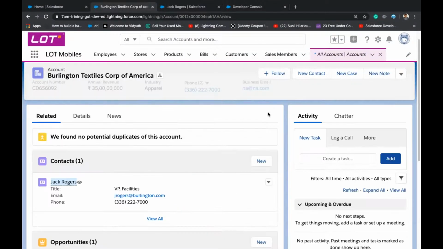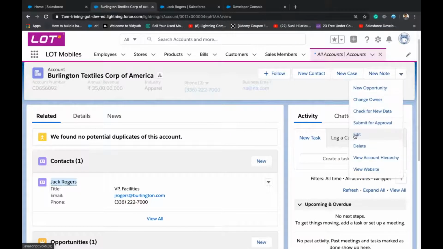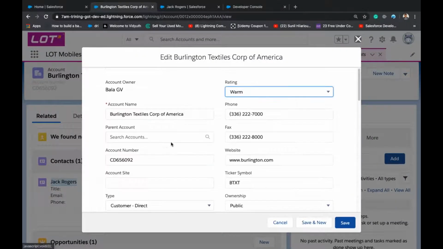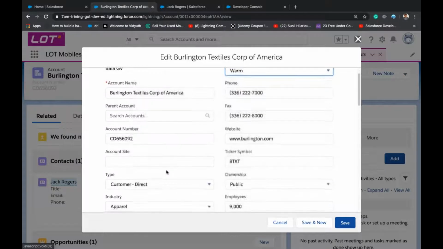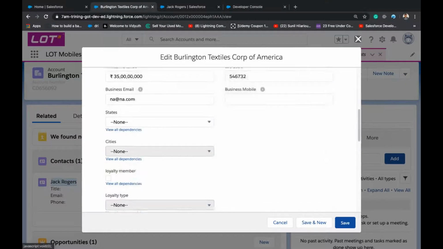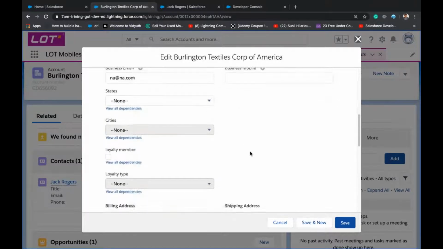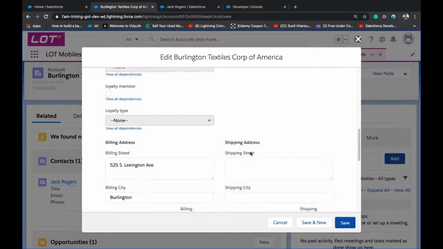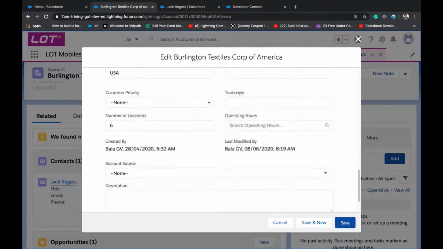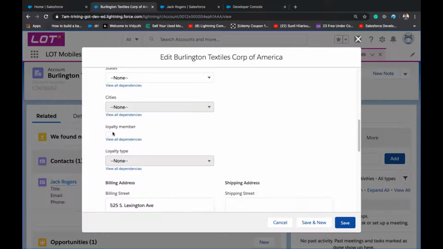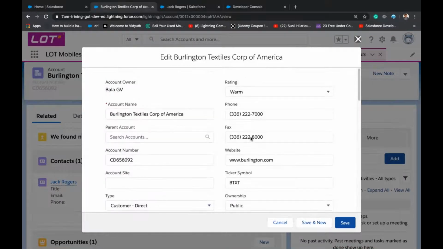So what we'll do, we'll just edit this record. So in account we have loyalty member also. Okay, let's edit something.